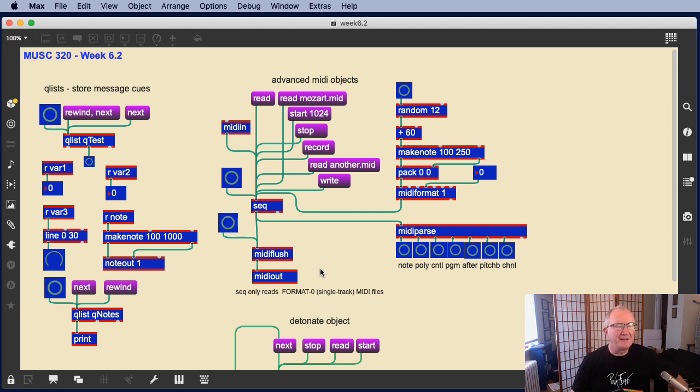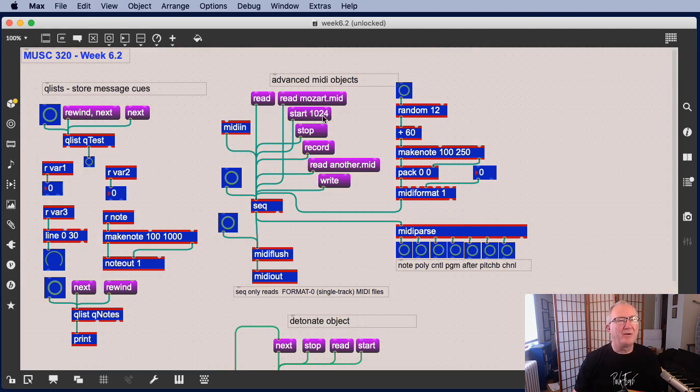So MIDI flush keeps track of what note ons have happened. And if I bang it, it supplies the corresponding note offs for those pitches. So almost an essential object. If you don't do this, you're going to have hanging notes and they won't go away until you shut your patch down. All right, so the 1024, if I switch that to something like